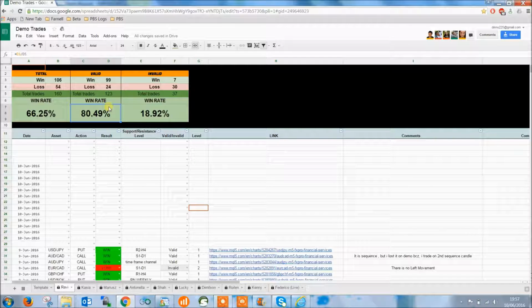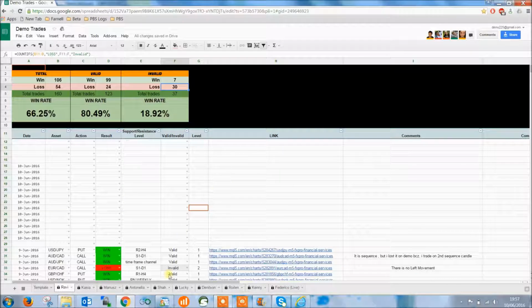Likewise, Price Break Signal has an 82% winning rate, and the beauty of the strategy is to identify the invalid setups. For example, here Ravi said that out of 37 invalid trades, the invalid trades that he identified, only 7 of them are winners, and the remaining 30 are losers. If he didn't have the capability of identifying the invalid setup, he would have lost those 37 trades, assuming they were valid setups. So the strategy helps you to read the market and say it's an invalid setup.